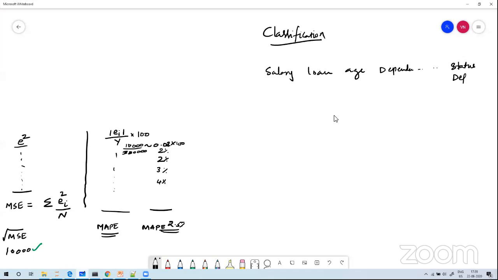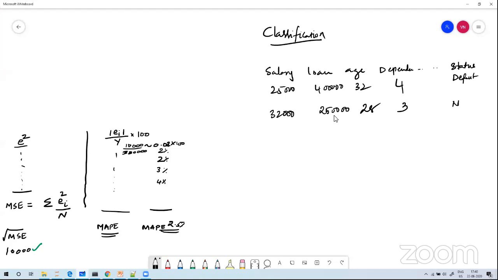So there would be historical data which says salary is 25,000, loan is 4 lakhs, age is 32, dependents 4, and this person has defaulted. Another person: salary is 32,000, loan is 2 lakhs 50,000, age is 28, dependents is 3,